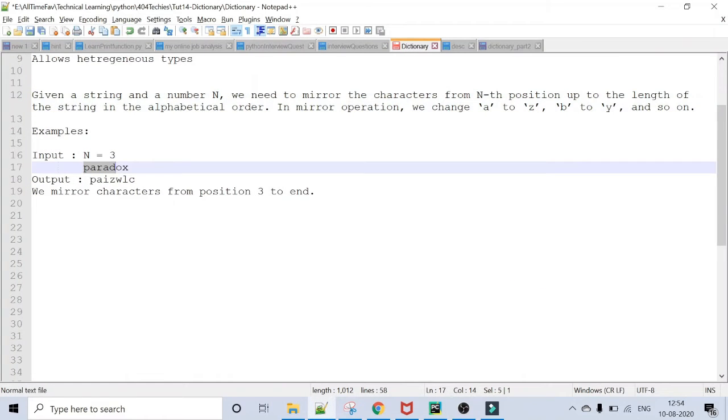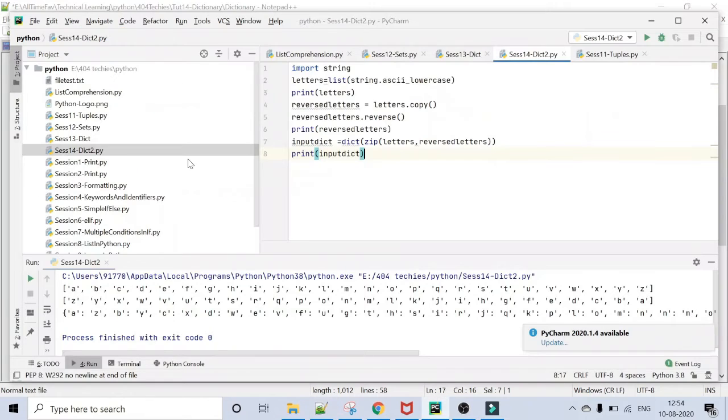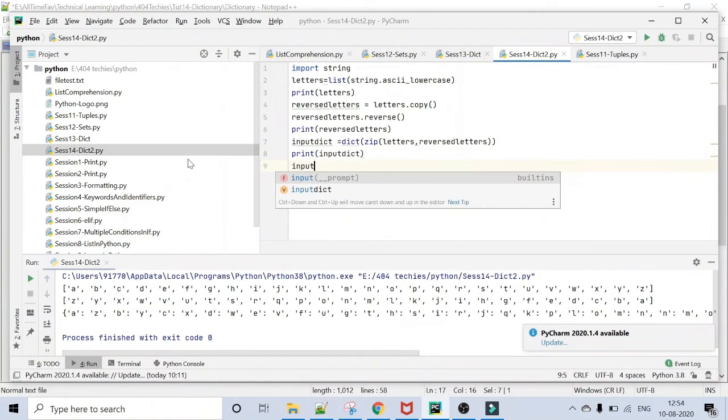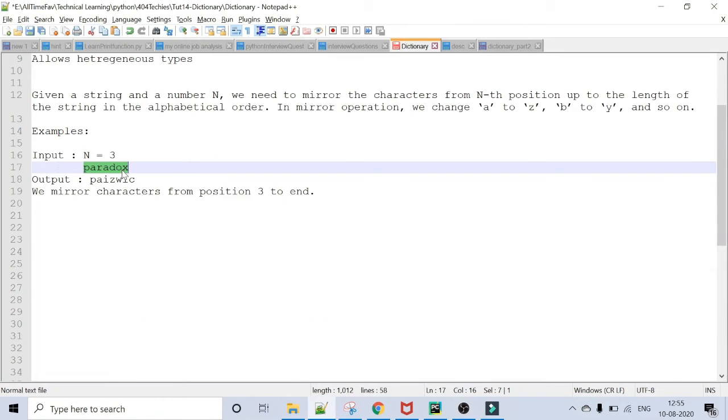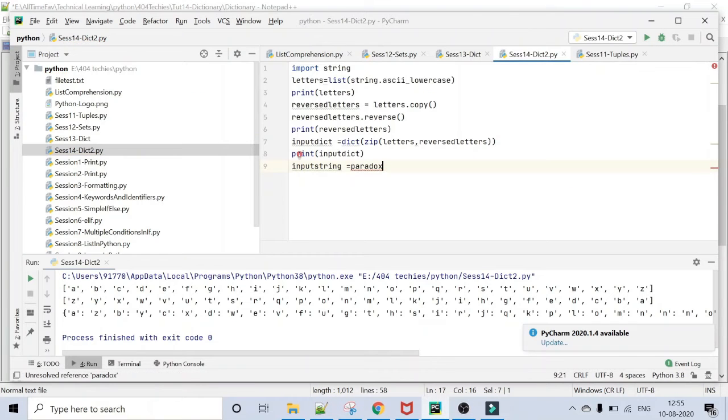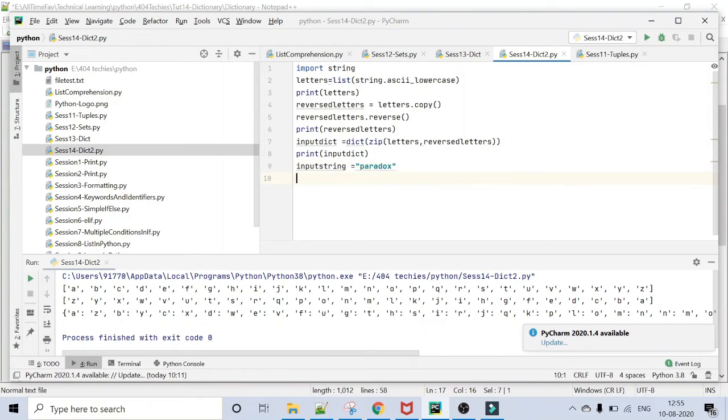The input string is paradox, and n equal to 3. We know that indexes start with 0, and we have to change from position 3 only.